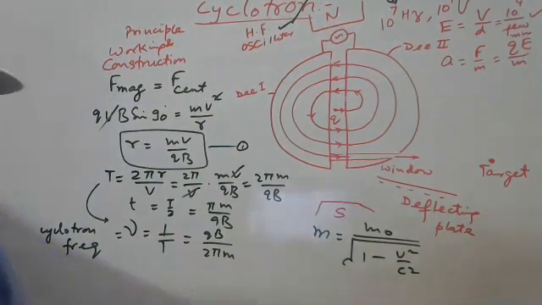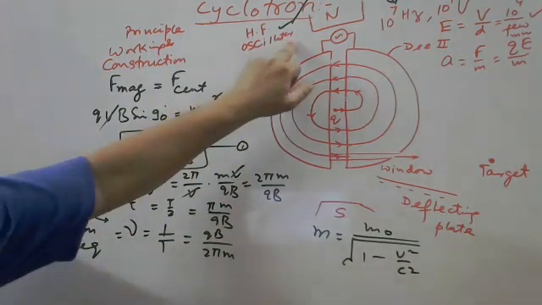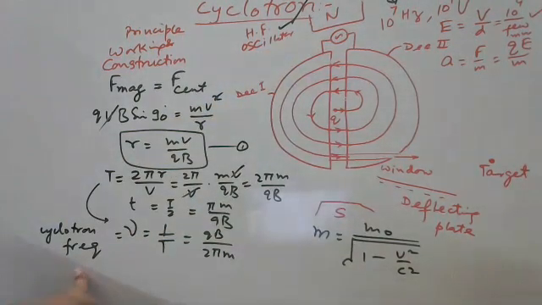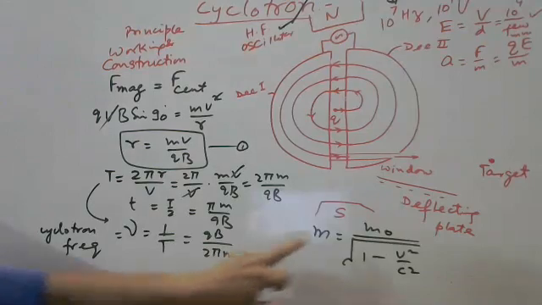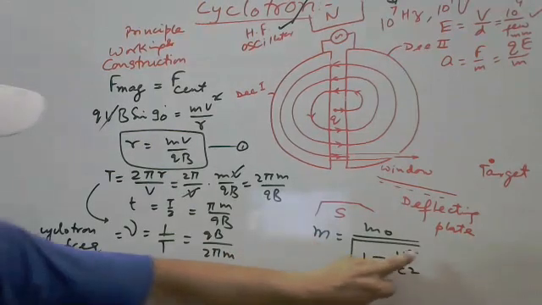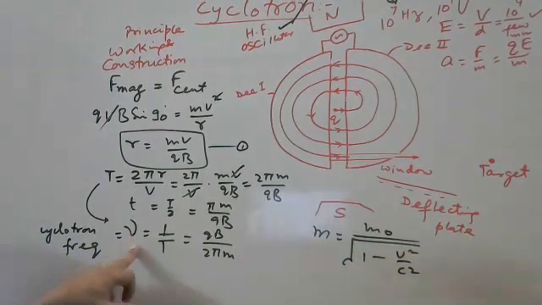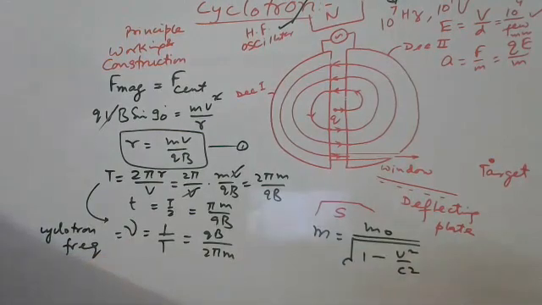Mass is also increasing. If mass is increasing, the cyclotron frequency changes; initially it was equal to the oscillator frequency, now it is not equal. Because the oscillator frequency is a constant quantity here and the cyclotron frequency is changing because the mass increases. With the increment in the velocity, mass increases, and the frequency mismatches. What do you mean by the frequency mismatch?